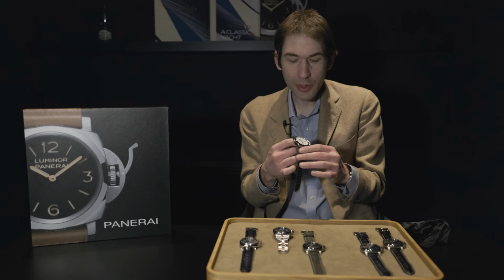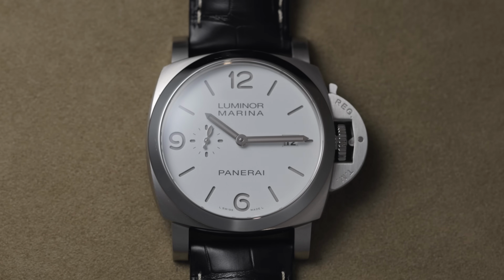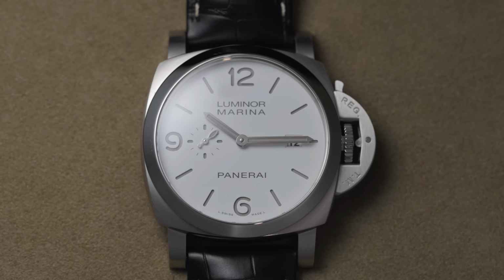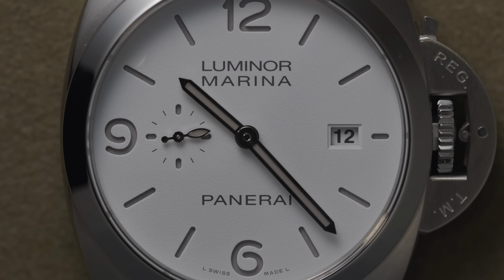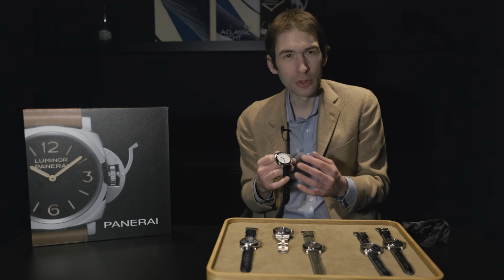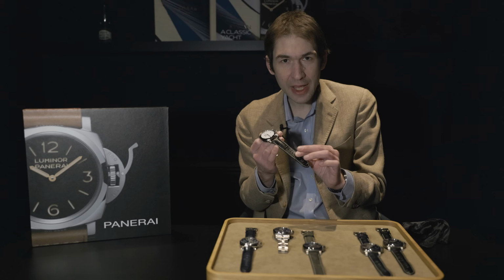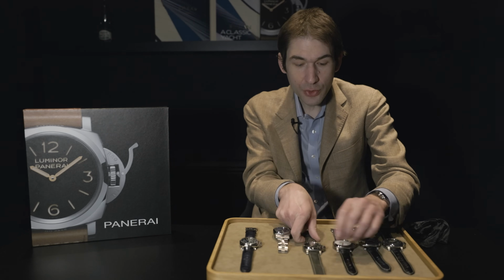Another classical look, albeit one that's not considered maybe the default Panerai aesthetic, is the white dial. It's been long running, and there are those for whom the white dial is the best choice. Typically places where you see a lot of rose gold and yellow gold, white dials are also en vogue: the Riviera, Florida, Miami, Singapore, the Middle East. So this is a cooler look, a watch that's a little bit lighter in its aesthetic, maybe a little bit more elegant, dressy. You can see it still uses the alligator leather strap. It's sort of an upscale tradition at Panerai to get something that's not a textile or rubber or calfskin. And all of these new generation Luminor models do come with the alligator leather strap